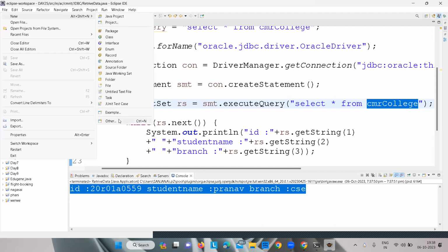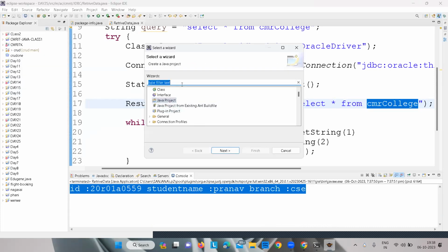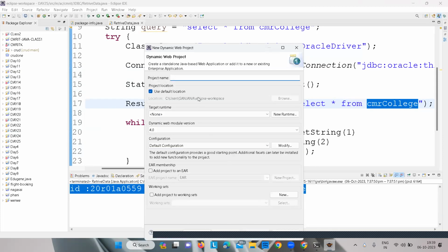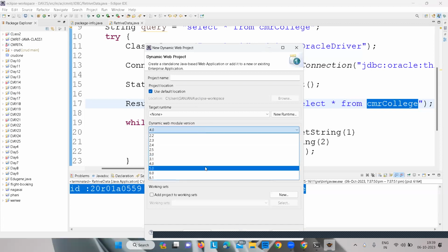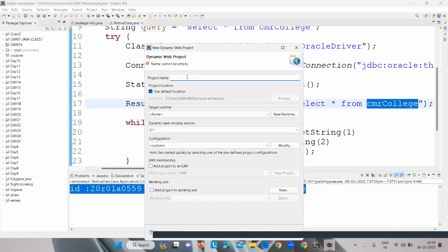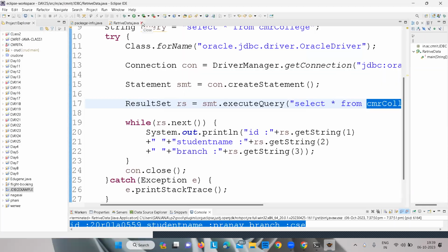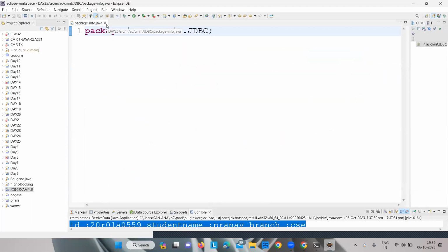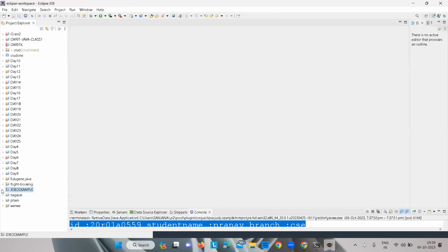New, other, just go for web. So here is the Dynamic Web Project. The project name is JDBC example. Okay, just close this one and close this one. And now see,